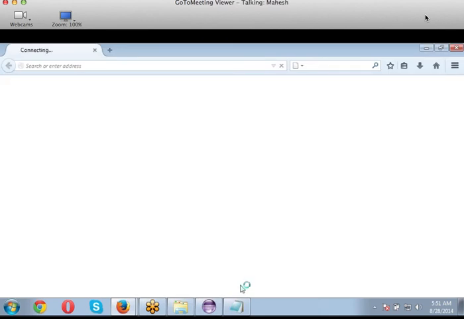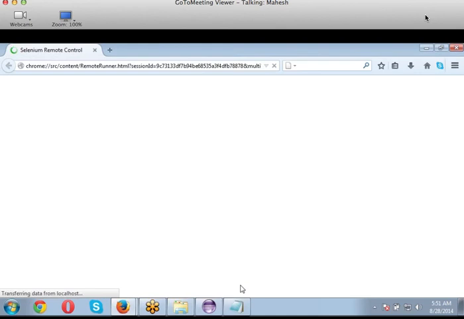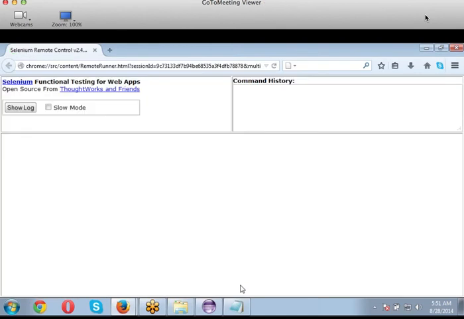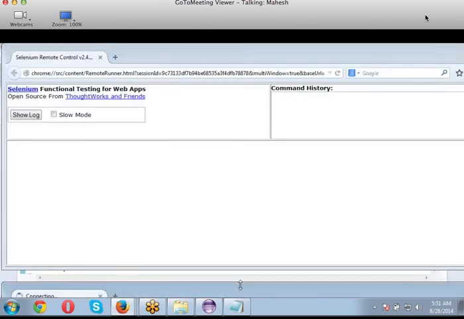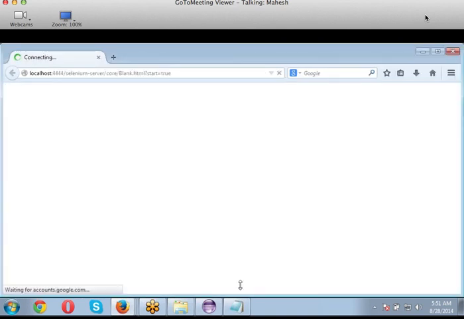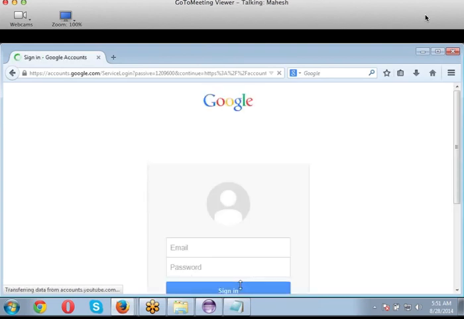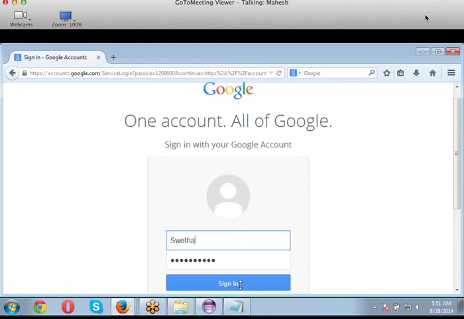We perform testing using a regression suite with different sets of users and different sets of values, also with different sets of browsers and different sets of URLs, by knowing the names of those objects. So our code becomes only dynamic, not static, unless the functionality changes. If your Gmail page changes, then we have to change my code. If my mail.in.com page changes, then I have to change my code.